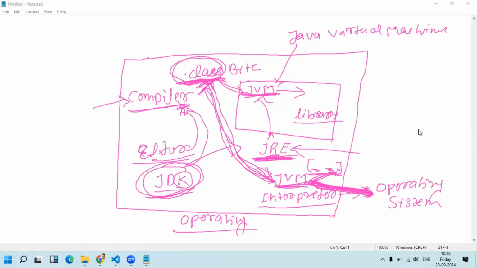Okay, so that is what I wanted to tell you in this introduction class. We'll move to the JDK setup, the environment setup, in the next class, and we'll write our first Hello Java code using these JDK, JVM, and JRE things. I will write the code in the editor, and the things will work automatically.